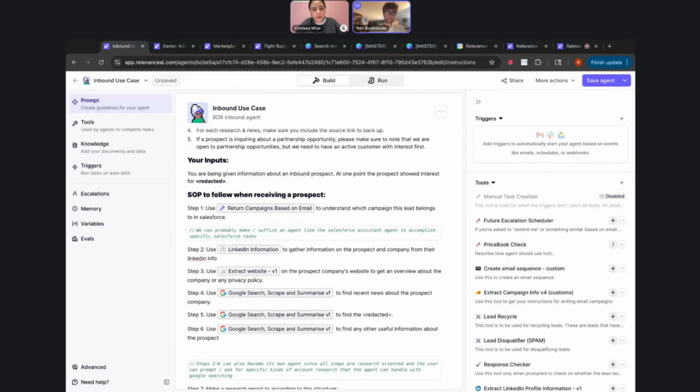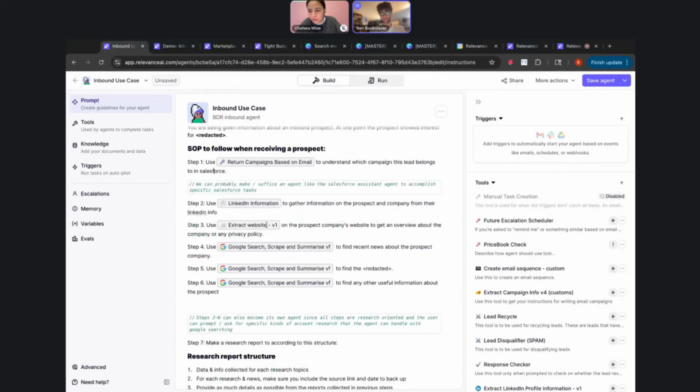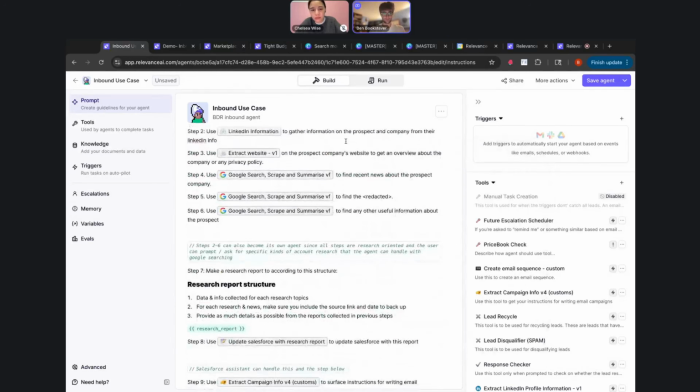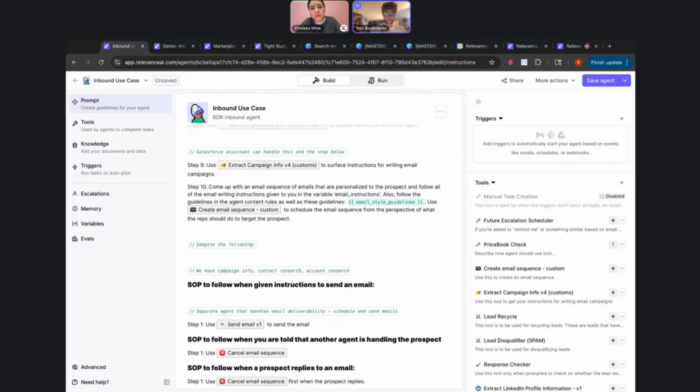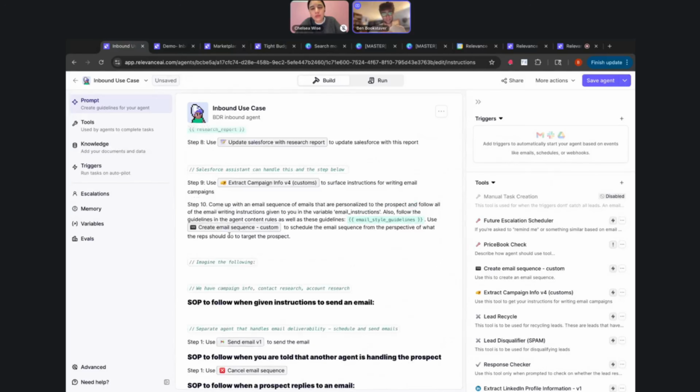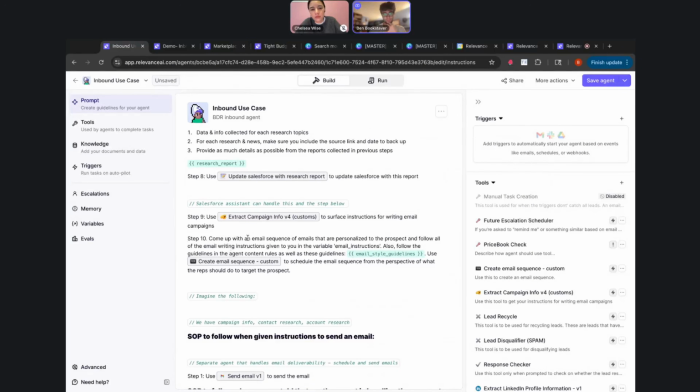And what I would recommend in this case is if you have a very long form, tightly bound engineered agent, you can essentially start chopping it up into little bits that are then highly reusable and also reusable for other tasks too. Like for example, if you're doing an outbound agent, you can reuse this part here where you return campaigns based on someone's email. Or you can reuse the research agent here. The only difference actually is primarily in just the messaging, right? So maybe this agent would be different, the one where it wrote the emails.